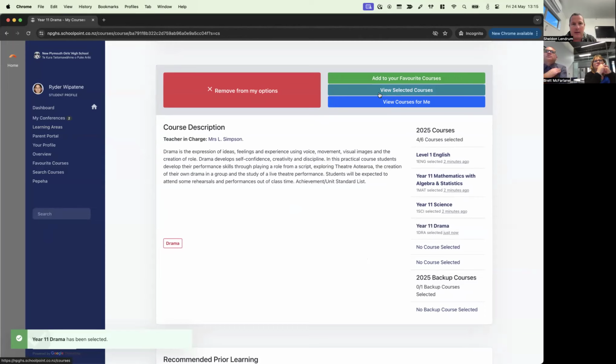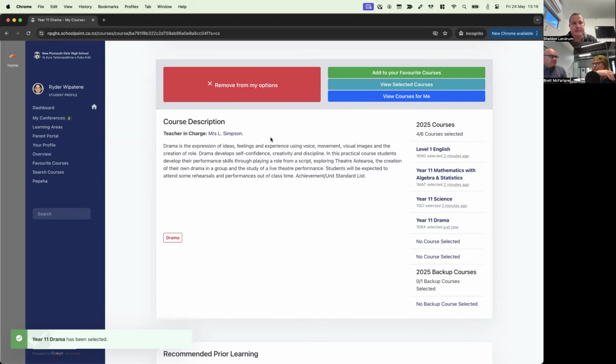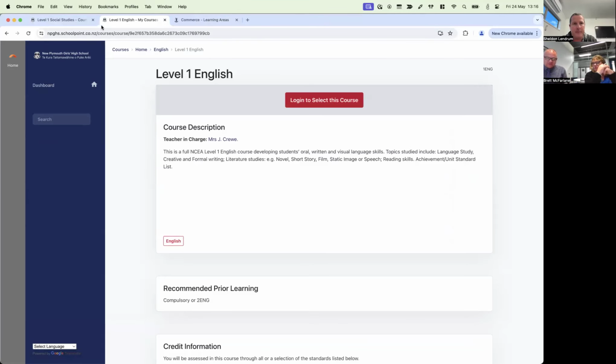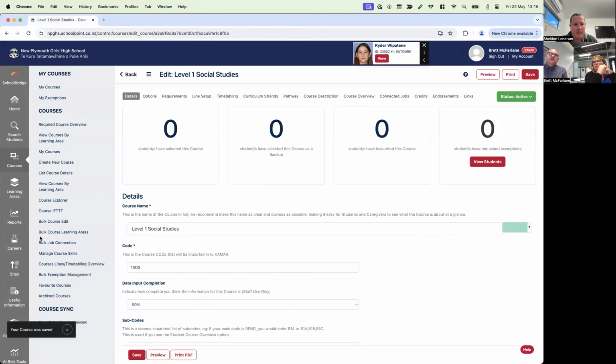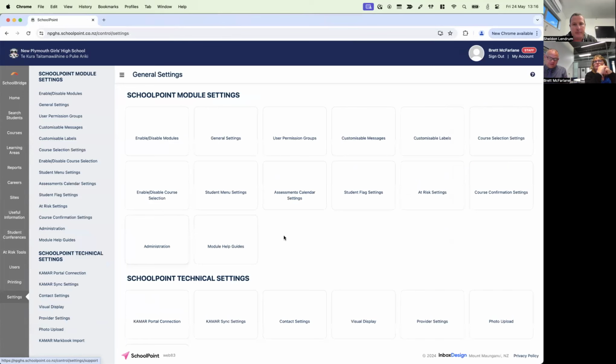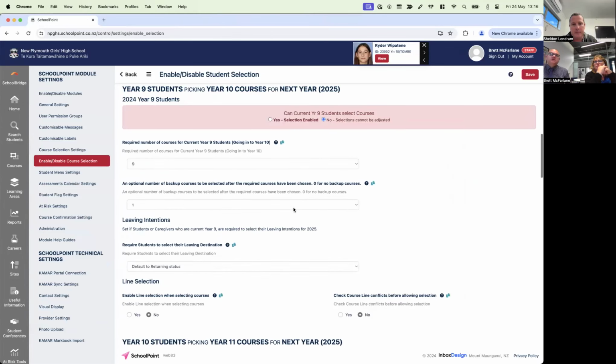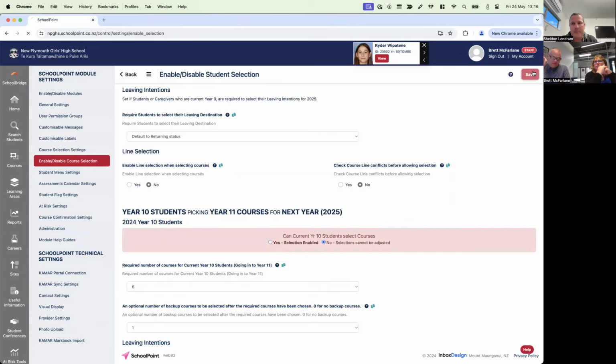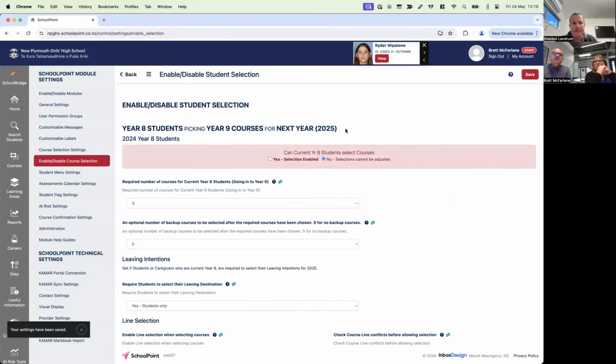Cool. So what we probably need to look at are the next steps for us: checking that we've got all the right courses loaded and checking that the details are correct and we've hidden the things that are not required, like you've asked us to. But the next thing we probably need to do is get our HODs in there, adding comments about their learning area and checking the descriptors about their subjects